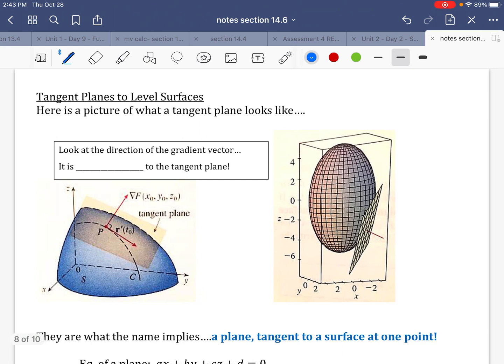So, tangent planes. This is the last important part we have to do here. Here's a picture of what a tangent plane looks like. So we saw this before, and we knew how to make this before. So look at the direction of the gradient vector. The gradient vector, that del F right there, is this guy right here, right? So the direction of the gradient vector is perpendicular